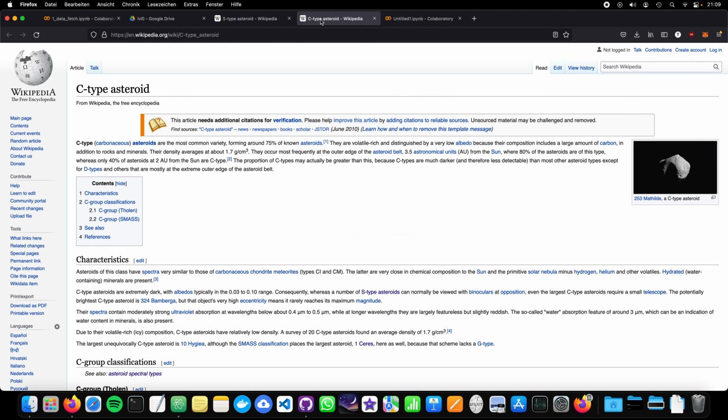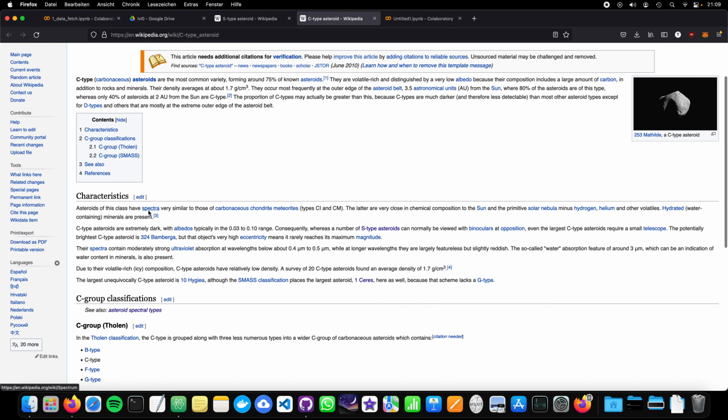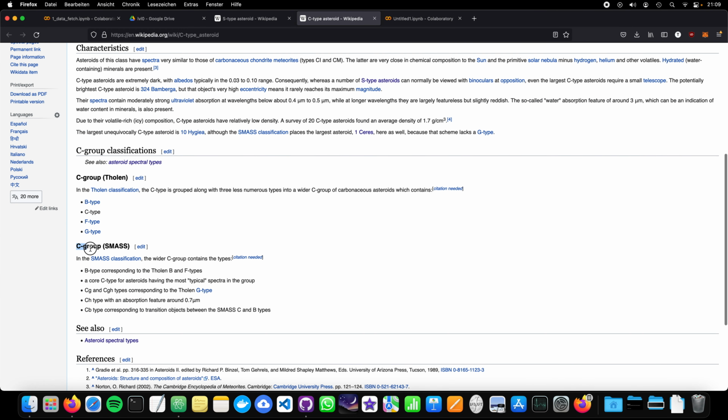We have also so-called C-type asteroids that have carbonaceous properties, and they have some subgroups. For example, here in this article you see the C group with the SMASS subclassification. The B-type corresponds to some other types. We have here the CH type with an absorption feature at around 0.7 micrometers, so around 700 nanometers. So you see there are some small deviations in this reflectance spectra where this classification schema is based